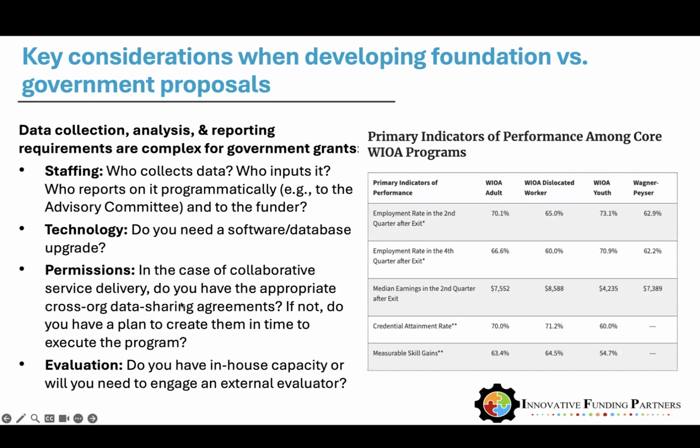To talk a little bit more about data collection and reporting for government grants, here's an example of some performance indicators for a Department of Labor grant. Again, this is an opportunity where applicants knew that they would have to report on each of these elements were they to receive the grant. And this is great because you can ask, all right, how would we track that? Do we have the setup to track this data? So you always want to consider, when you're developing a government proposal, what sort of capacity you have for data collection and